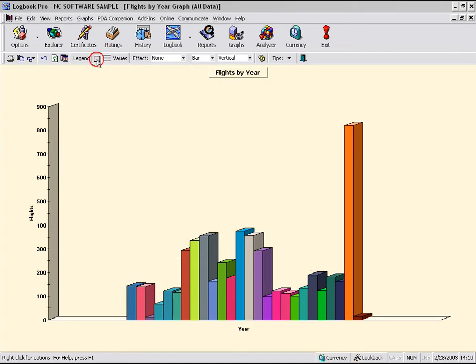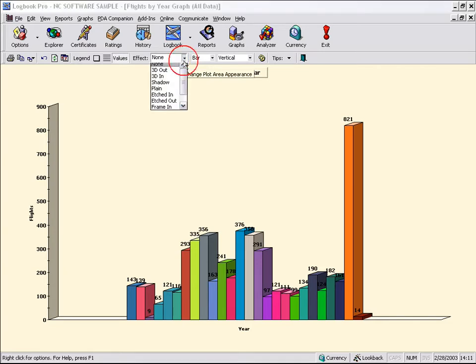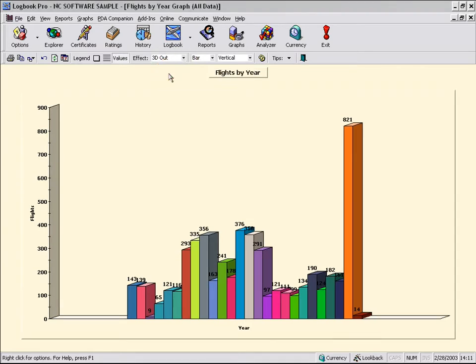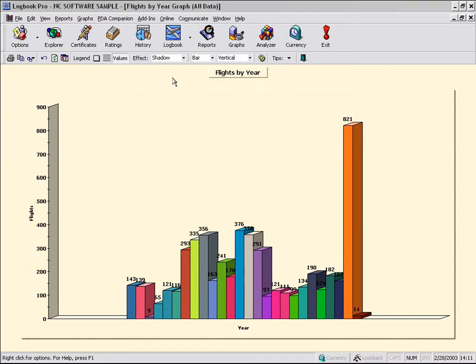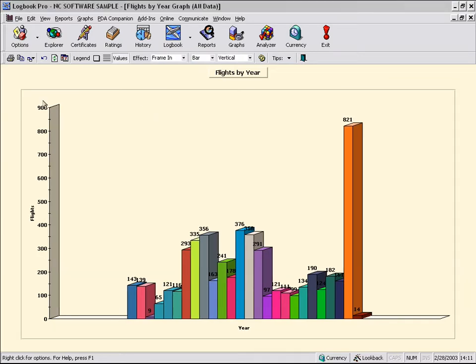We'll go ahead and clean up the display. We can have the values show all the time. You can see the values that are displayed on top of the bars now. We can also work with some formatting, such as change the effects. A little hard to see with this color scheme, but we're going to change the color scheme in a moment. You can see the frame that displayed.